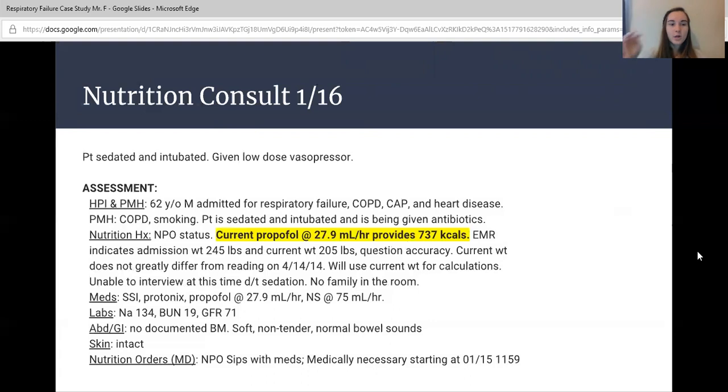And the EMR indicates that there was some discrepancy between his admission weight and his current weight. And I think probably because his admission weight was verbal. And his current weight, once they weighed him with the bed scale, was pretty close to his usual body weight from